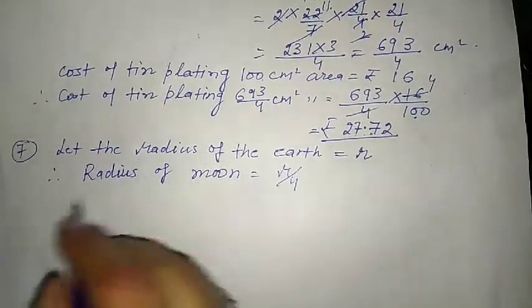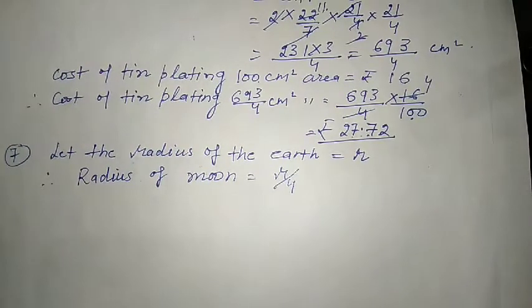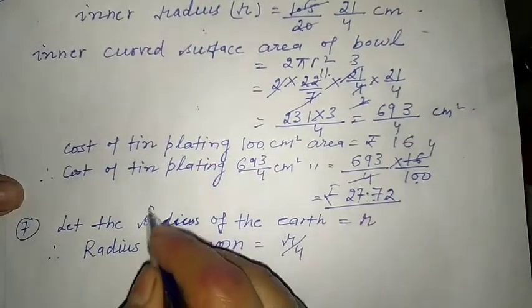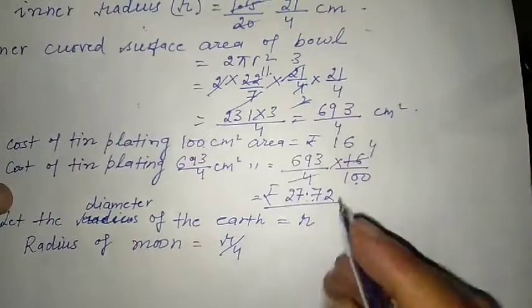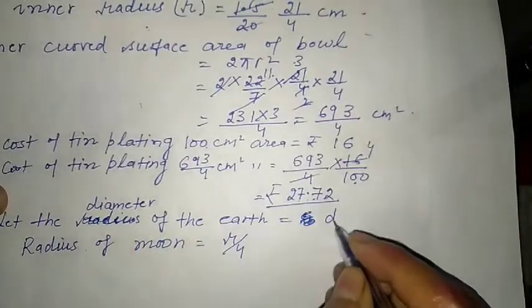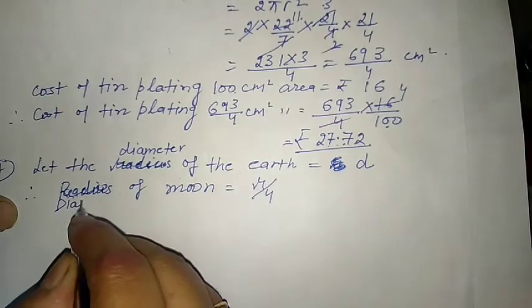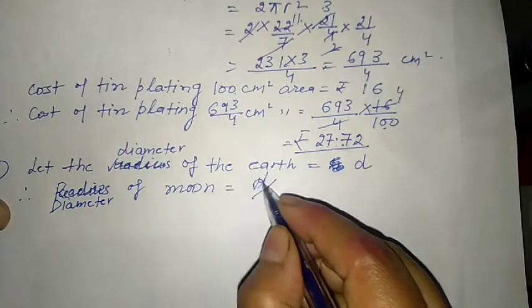Now we'll find the surface area of both because we get the radius here. We have to let here the diameter of the earth, suppose this is d, and the diameter of the moon is equal to